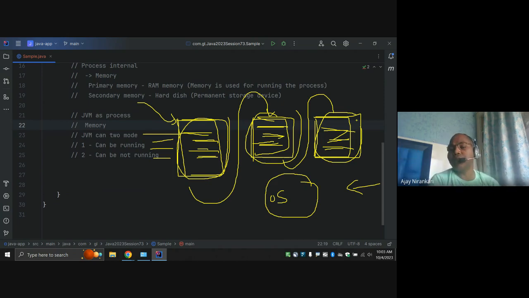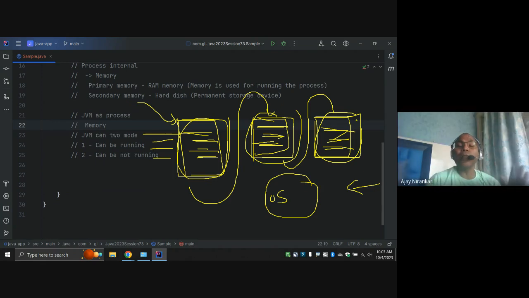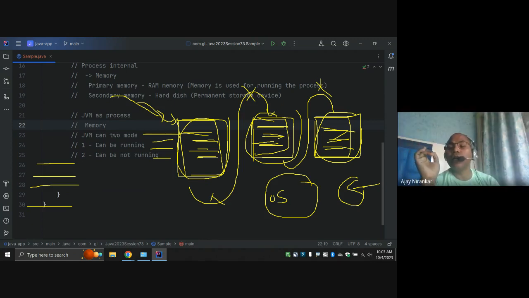Whatever we have learned till now, we have written multiple methods, method one calls method two, method three, method four, and all methods run in this sequential fashion. One completes, then move to the next. All complete, then main method is done. This execution mode is known as sequential execution of your application.